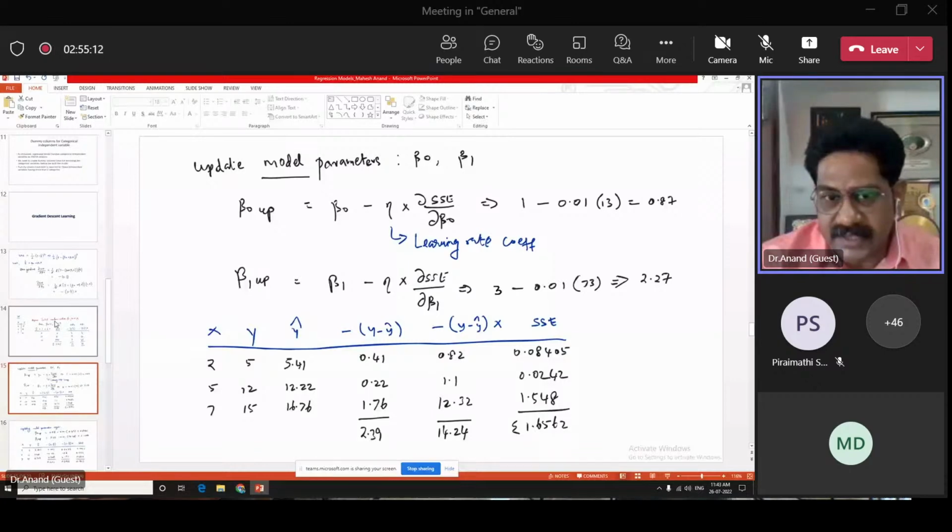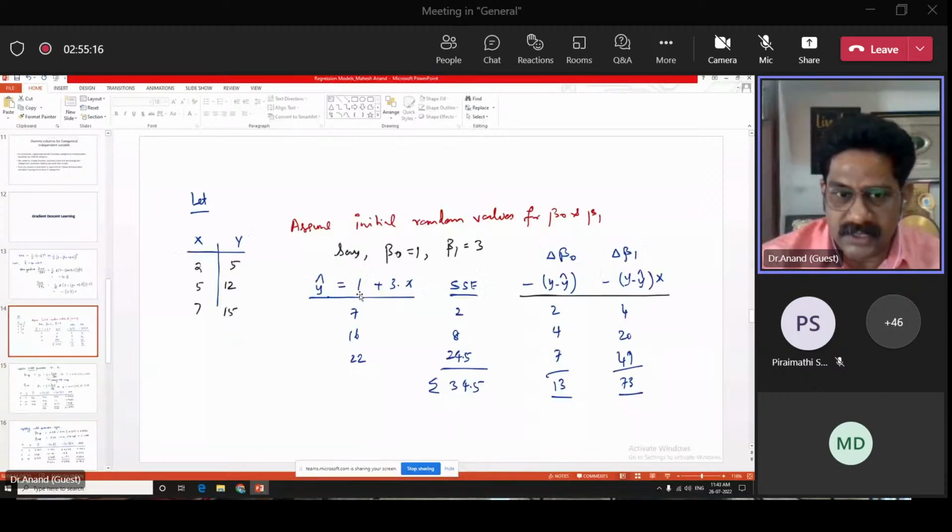For the randomly initialized slope and intercept, I compute my equation: 1 plus 3x is the equation. You substitute x is 2 here, you just plug in 2. 2 3s are 6, 6 plus 1 is 7. Then you plug in 5 here: 15 plus 1 is 16. Then you plug in 7 here: 21 plus 1 is 22. So you computed the y cap. Now I need to compute my